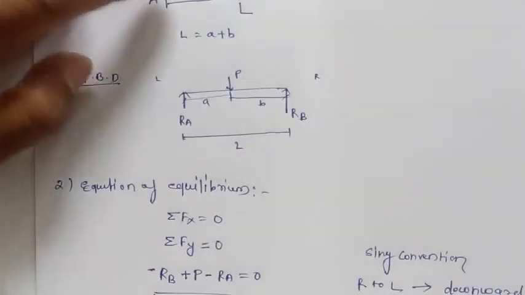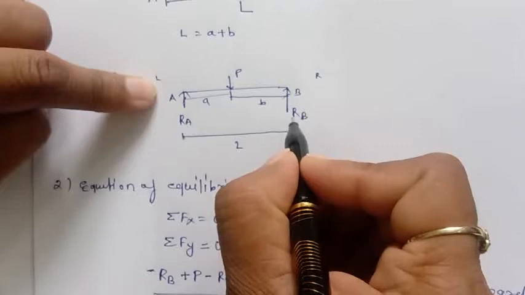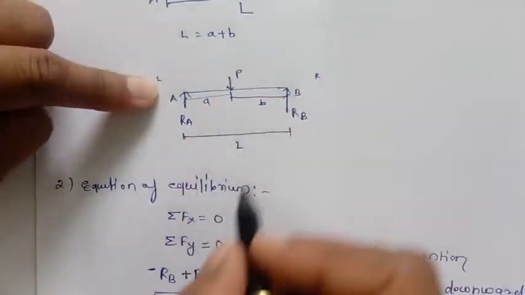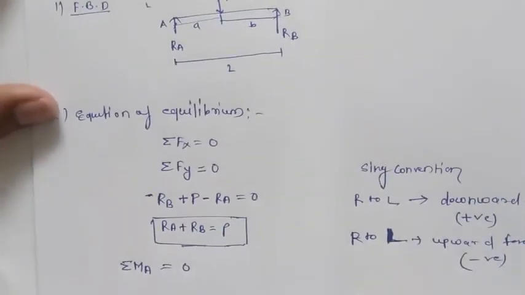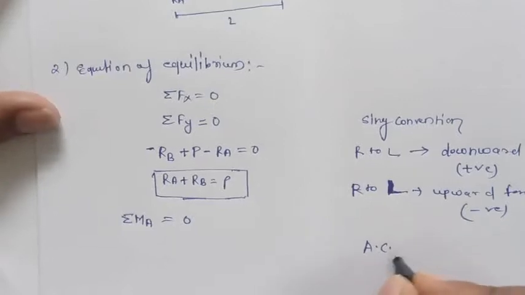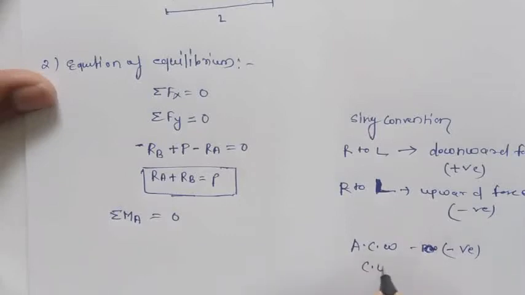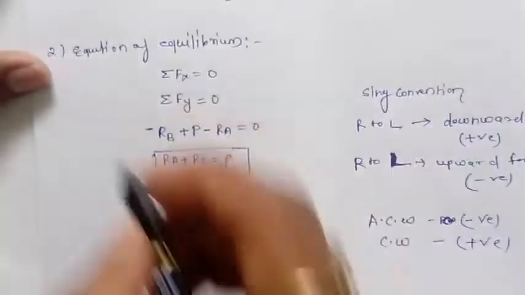RB is rotating anti-clockwise. Anti-clockwise I take as negative and clockwise as positive. So minus RB